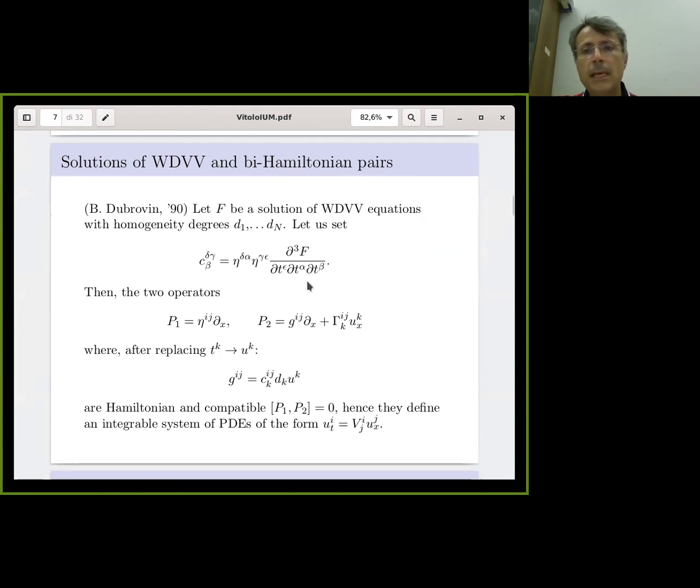And then you can consider the operator P1, which is of the form eta^{ij} d/dx, which is clearly a homogeneous Hamiltonian operator in a trivial way, and fulfills all the properties that are required of such operators. But then you have, in a non-trivial way, P2, which is a homogeneous Dubrovin-Novikov operator of first order. And the leading coefficient, which is the flat contravariant metric, is given exactly by